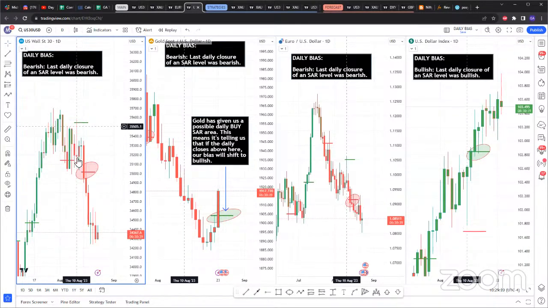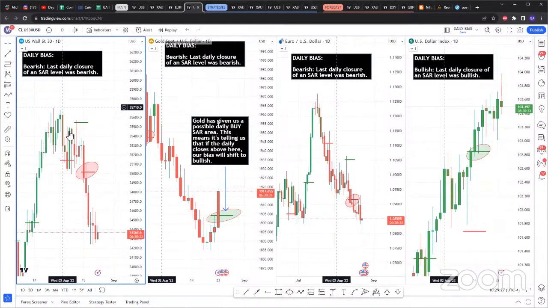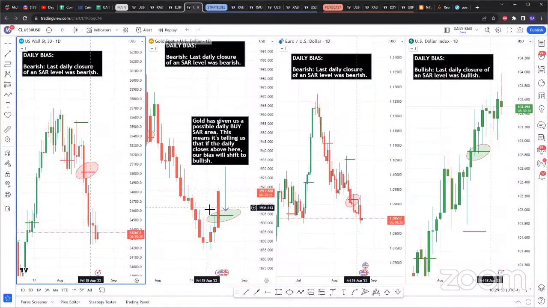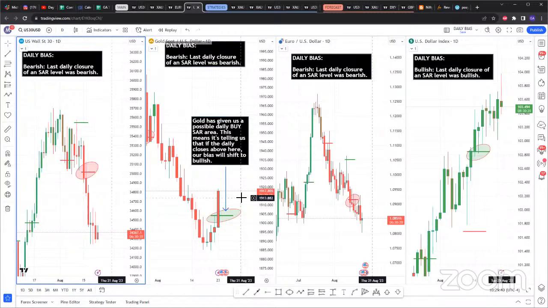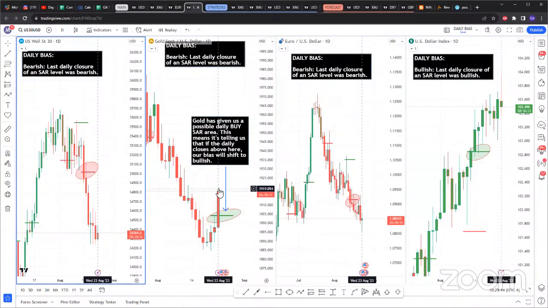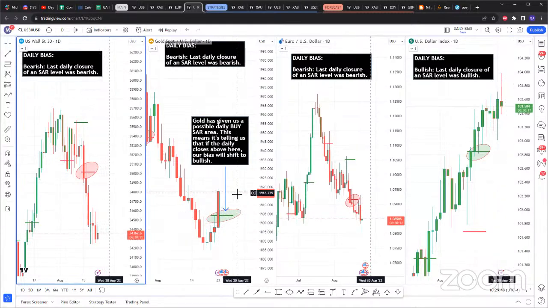I just realized I forgot to mention that. Same thing that happened here with US30 from the buy SAR. Of course, it wasn't as bullish above that buy SAR as gold currently is, but you can see that heavy rejection. So if gold is to continue selling, this is the point sellers need between now and 5 p.m. today, in the next 6.5 hours: sellers need to step in heavily and cause this to be a bearish candle. If they do not, gold for the rest of the year should be